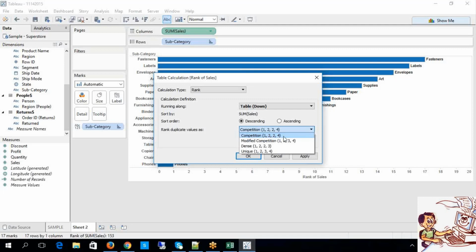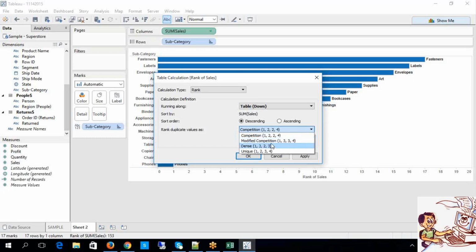I mean to say the second rank I'm going to split for 2 persons, but the third rank I'm going to dismiss and keep as number 4, because in this case number 3 is eliminated since rank 2 has been split for 2 persons. That is the reason. Okay, in case I have 3 portions, look at this: 1, 2, 2, and then 5. 4 won't come into the picture because 2, 3, 4 ranking has been allocated to rank 2, since they have got equal marks. Likewise, that is what competition is.